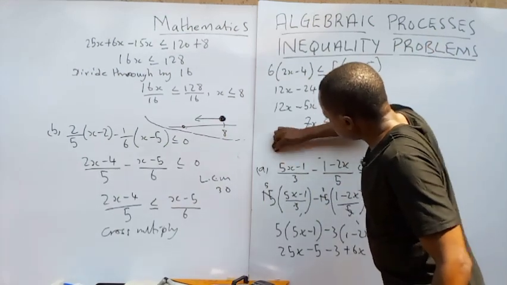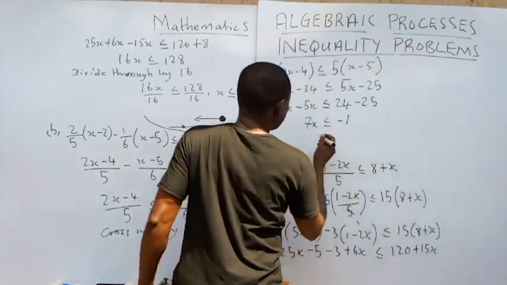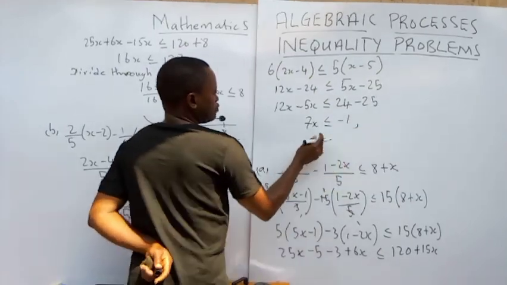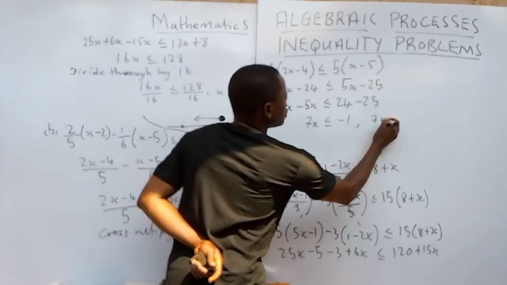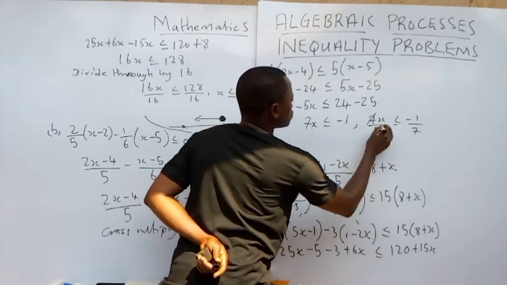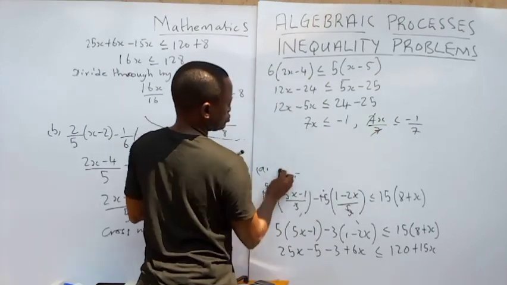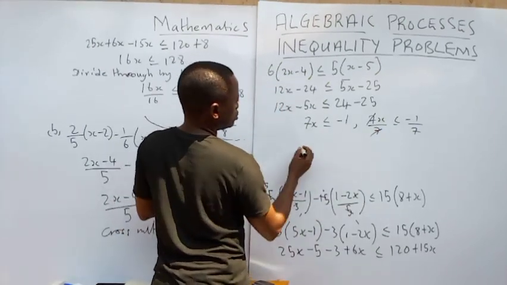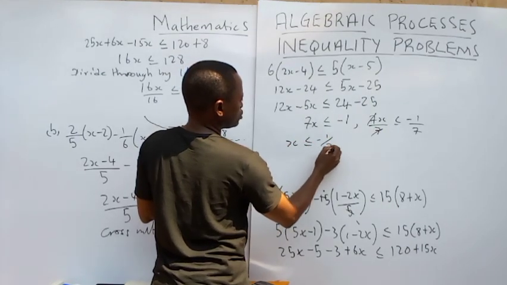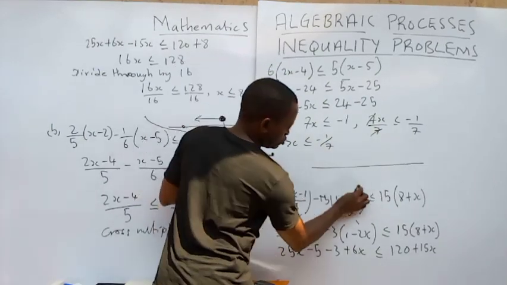So finally, what we have is, if I divide both sides by 7, I will have 7x over 7 is less than or equal to minus 1 over 7. So this will cancel this. And finally, what we have left is x that is less than or equal to minus 1 over 7,